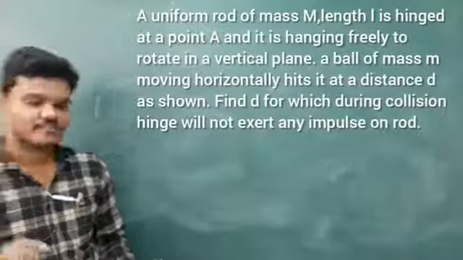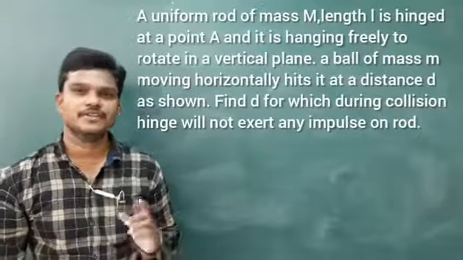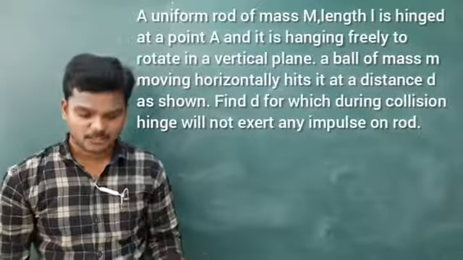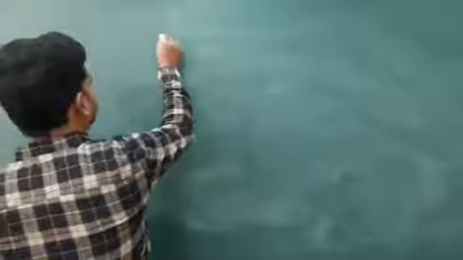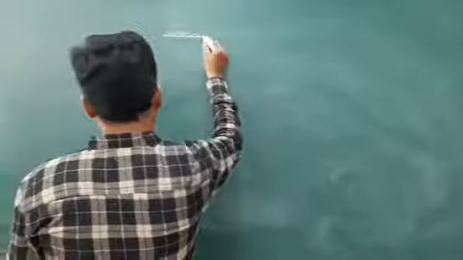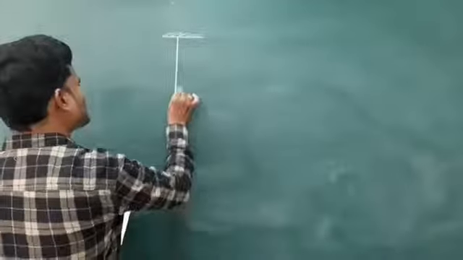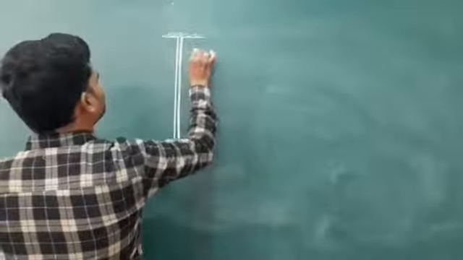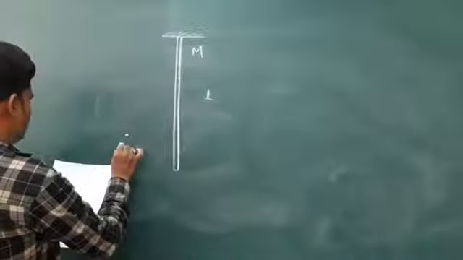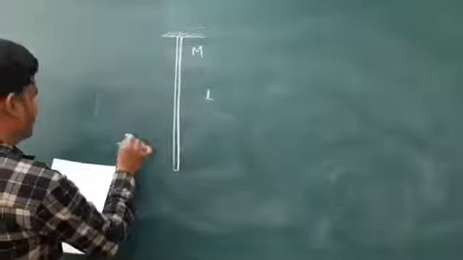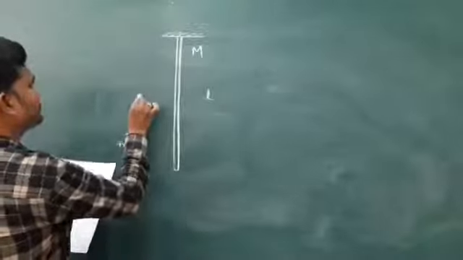Okay, anyhow the conditions are very clear. Here also there is no net external force or net torque. So we can again use conservation of linear momentum and conservation of angular momentum to solve this problem. Okay, here let me draw the given diagram first. See, here the rod is fixed, whose mass is capital M, length is L, and a ball of mass small m moves with a speed u, at a distance d from this hinge.